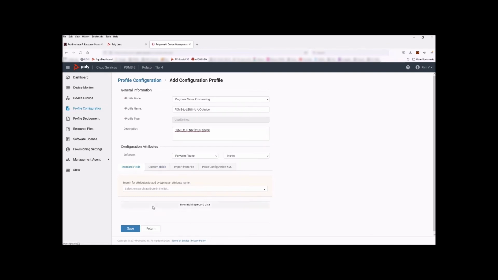And in our standard fields below, we're going to search for our attributes. There are several attributes that we have to add here. I'm going to go ahead and copy and paste these just to save time. We need the device set, and we want to check the box and enable that.